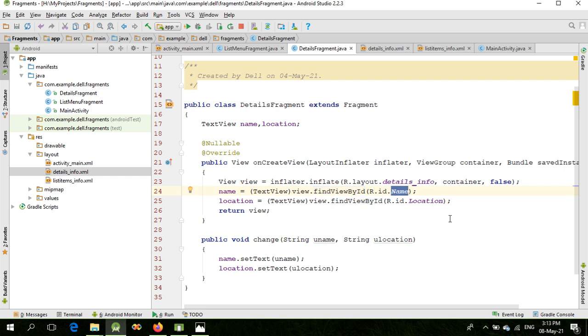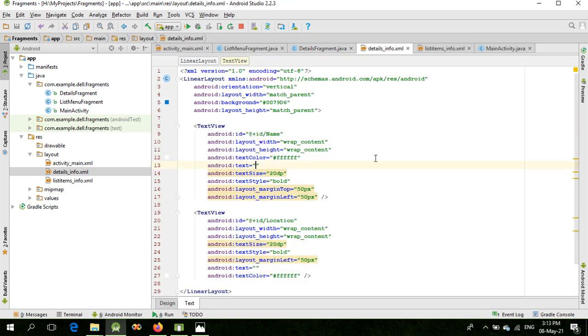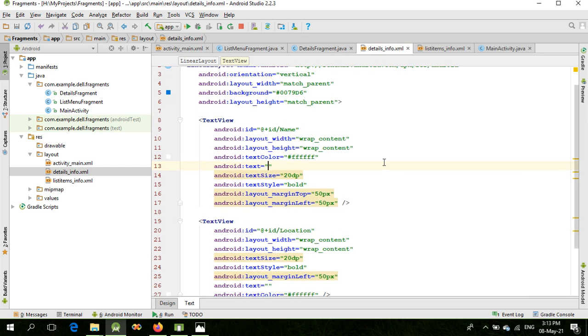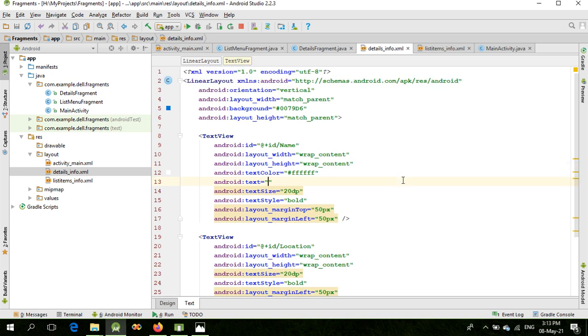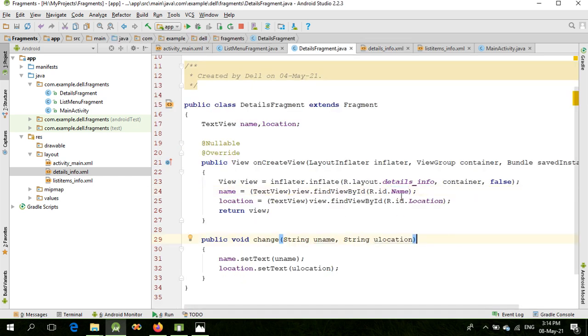Okay, so this refers to the details fragment info.xml. If you see here, it's the TextView of this particular layout file. This is the id of the first TextView, which is used to display the name of the user. Okay, that is why here R.id.name